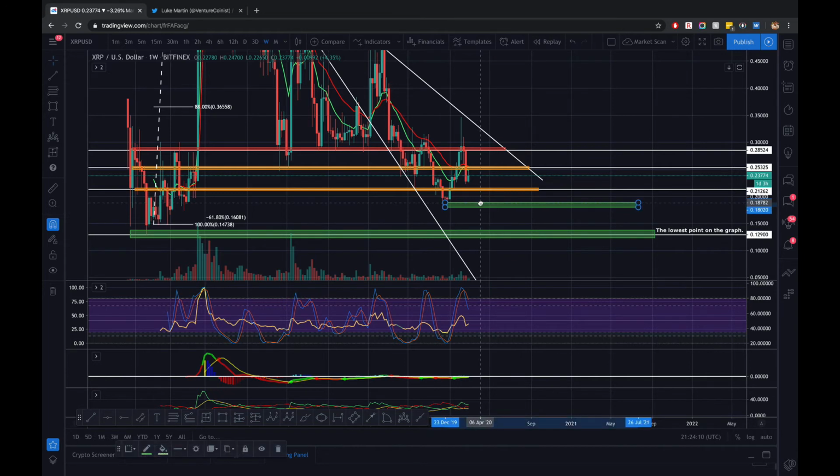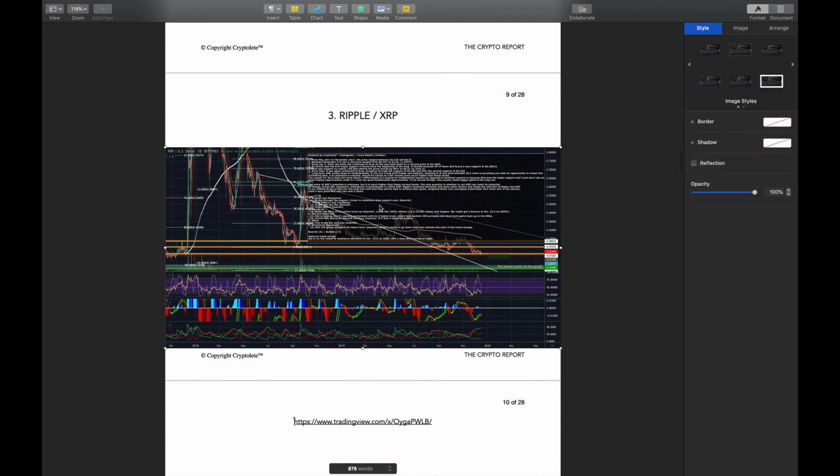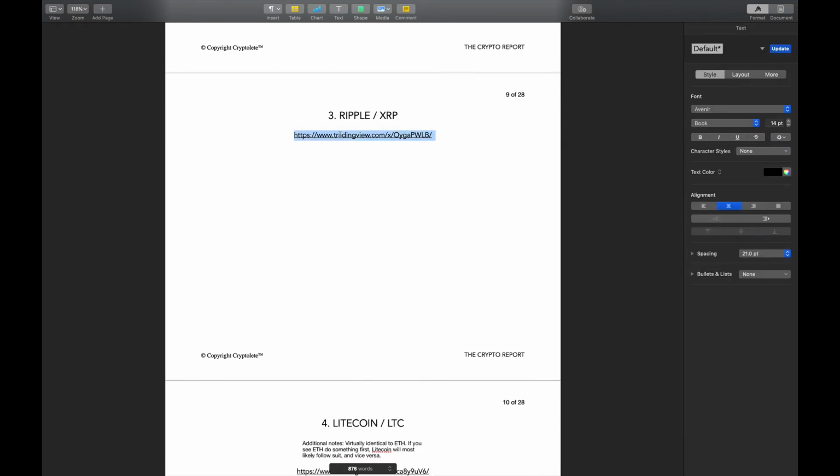So this is the buy price that I'm going to buy it at, because I just don't feel like it's worth it to continue buying between 22 or 23 cents and 19 cents, because of the fact that Ripple is actively selling, when there's other coins out there that don't have giant companies actively selling a lot of their token in order to stay alive. So it should be right here. I'm just gonna do this and say